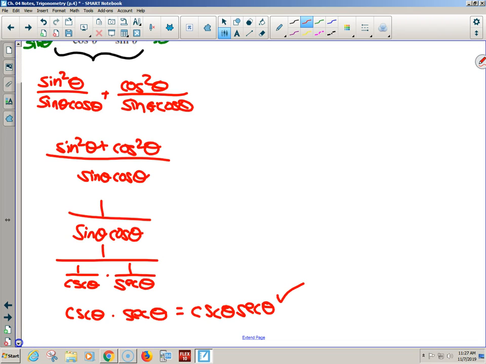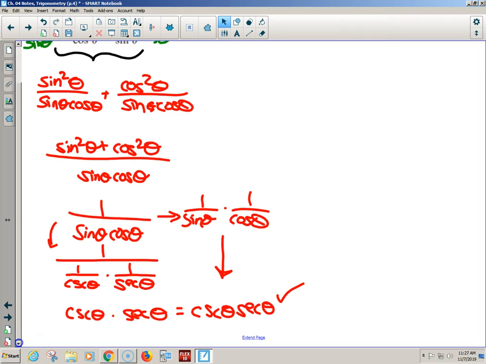That might be helpful. Another way of doing it, like there are alternate methods. You could have also gone this direction instead. You could have said, 1 over sine theta times 1 over cosine theta. Technically, fractions multiply across, so we can also pull them apart as long as you keep the multiplication. And then reciprocal properties: 1 over sine is cosecant and 1 over cosine is secant of theta. But either way, it should land in the exact same spot. Okay, that was just a homework help.